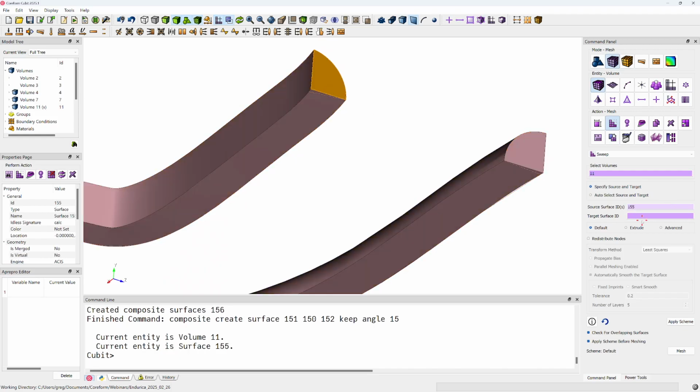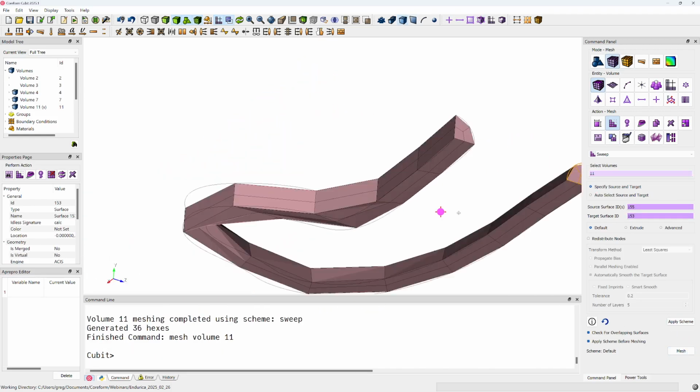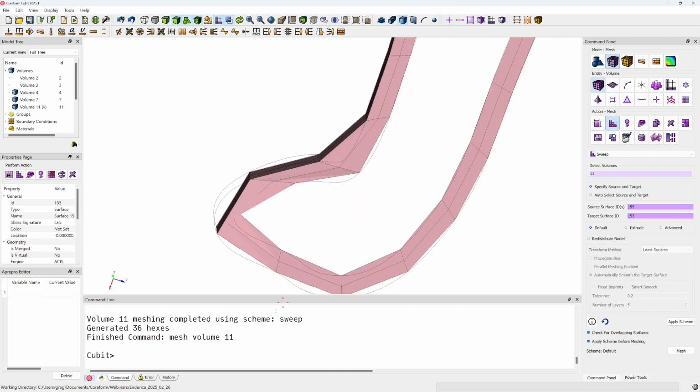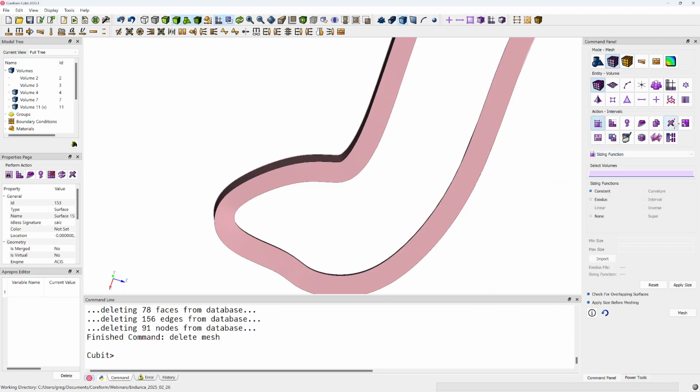Let me take this surface and source to that surface. And hey, I got a mesh. Hey, that's a really coarse mesh. So let's delete the mesh here. Let's go to our mesh sizing. Notice I could also have just clicked delete the mesh over here, but